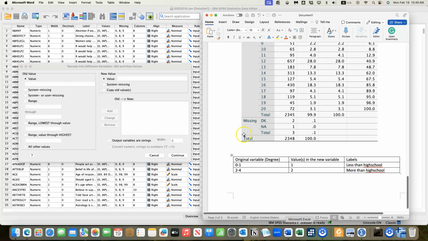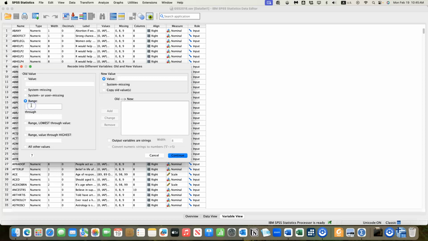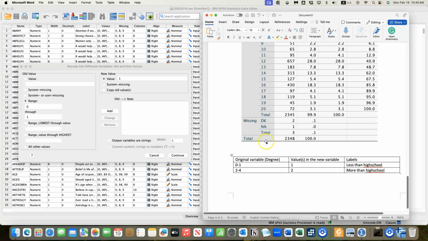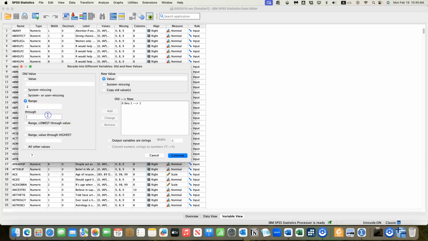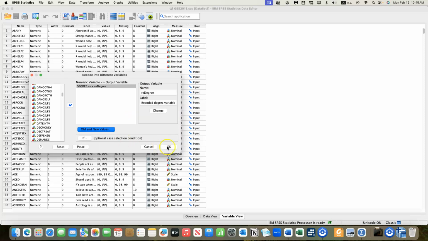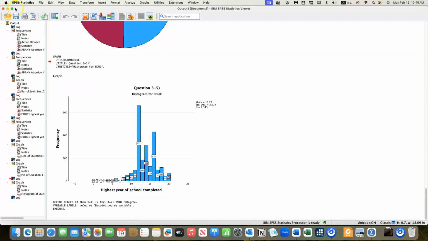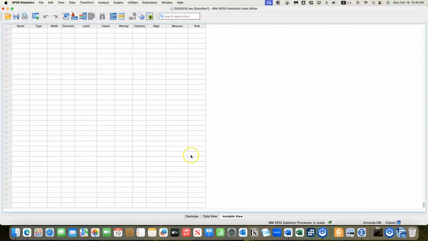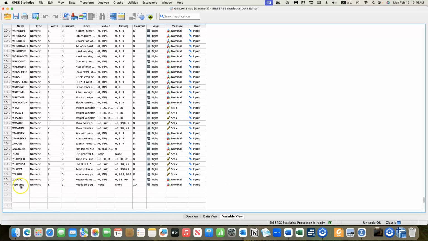Following that scheme, the range 0 through 1 will be 1 in our new variable. And then 2 to 4 is number 2 in our new variable, right? 0 through 1 is 1, 2 through 4 is 2, and okay, so the new variable is created. If you go to the bottom of the variable view, you can check it. The recoded degree variable is here, and if you go to the values,